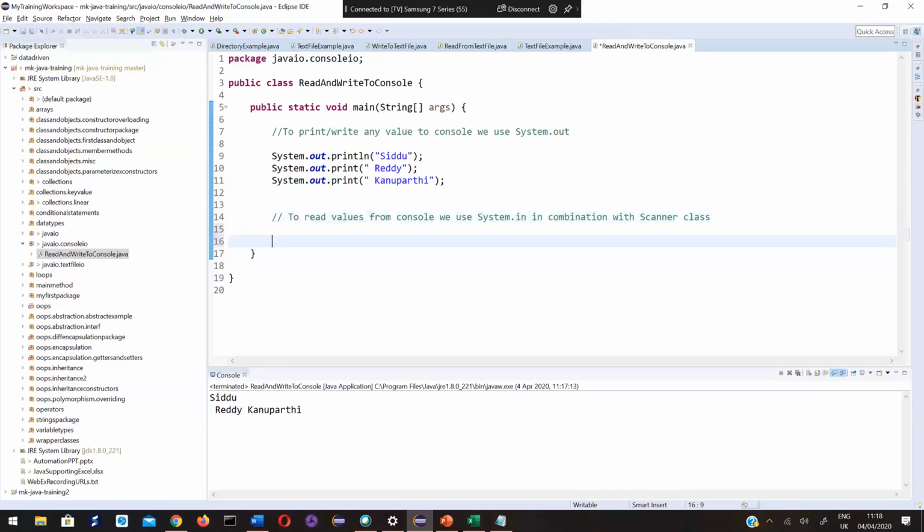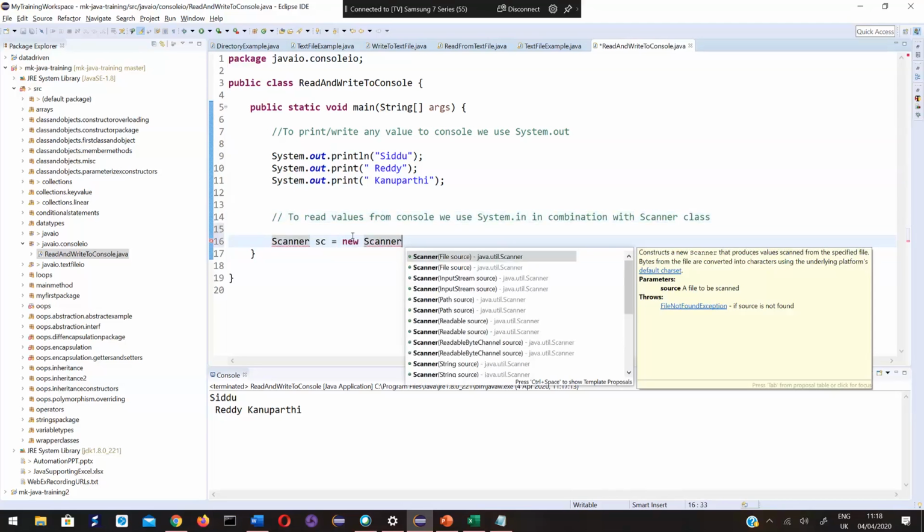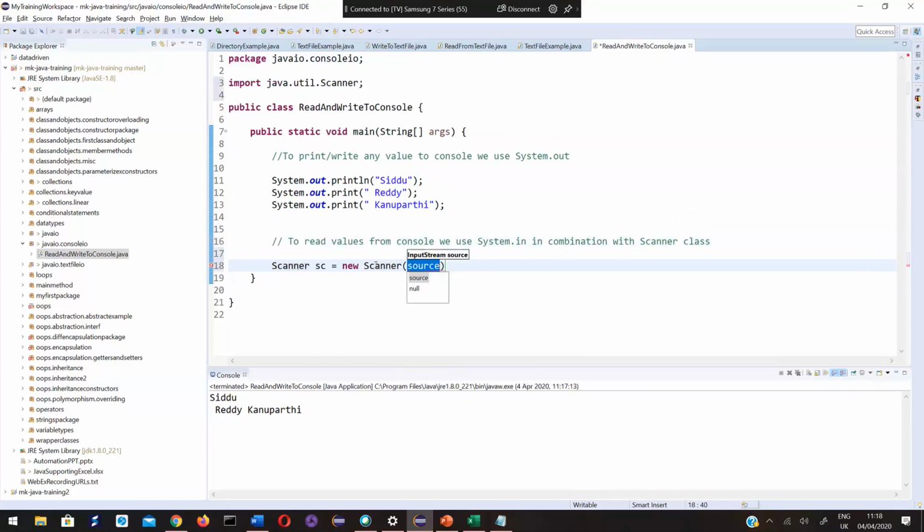I'm going to explain the Scanner. I just named the object sc. New Scanner. To this constructor, I need to pass an input stream. The input stream is System.in.